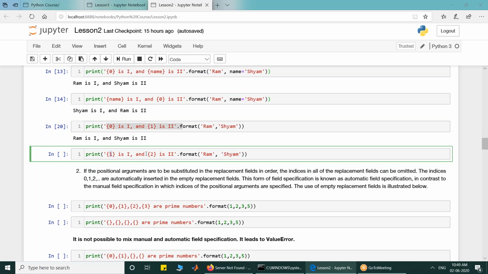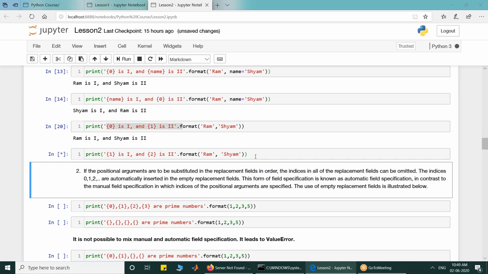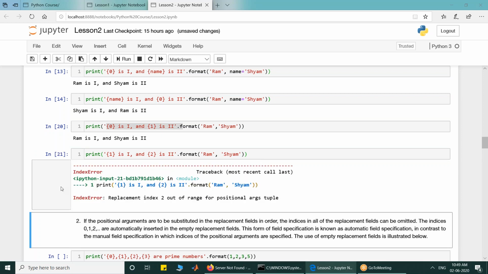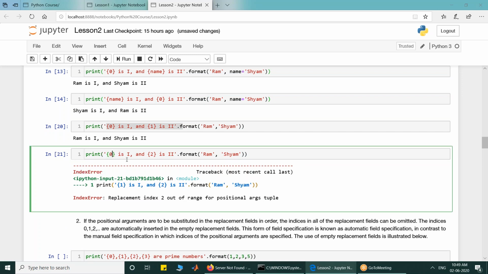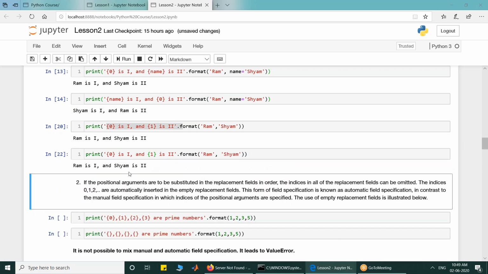But now I have started giving 1 and 2. So it will lead to an error. The index is not valid. So this gives an index error. It has to be either 0 or 1. It cannot be 2. So if I do that, that will be correct.